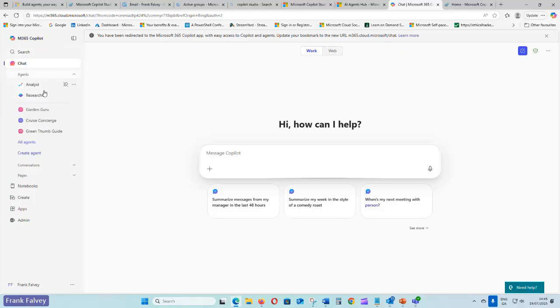Some of the agents they built here already, an analyst one and a researcher. What we're going to do today is, these are some of the ones I've already made, some of my other agents. We're going to go down here and actually create an agent.